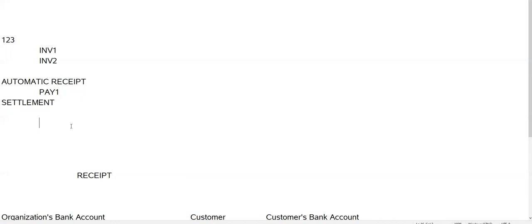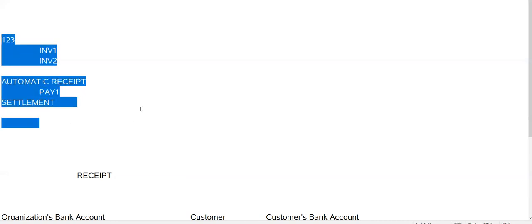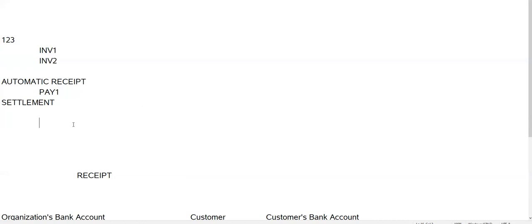That's a day-to-day life example which we can relate to for a better understanding. So with that brief introduction about the business scenario, let us dive into the application and see how we are going to do that. As usual, there are two parts of this knowledge sharing session. One is the configuration: what configuration the organization needs to do to enable the automatic receipt. Then we have the transaction. First we will go through the configuration, and then we will do the transaction and verify how the automatic receipt is created.